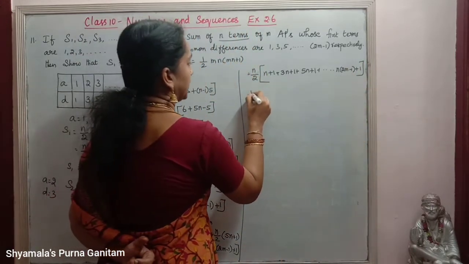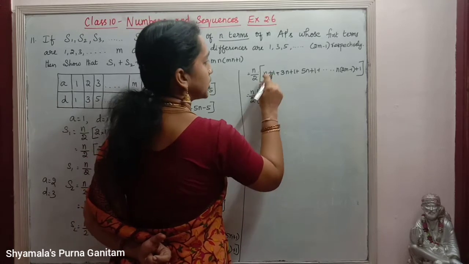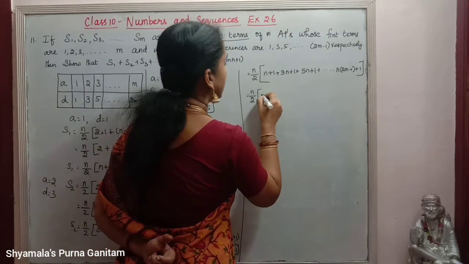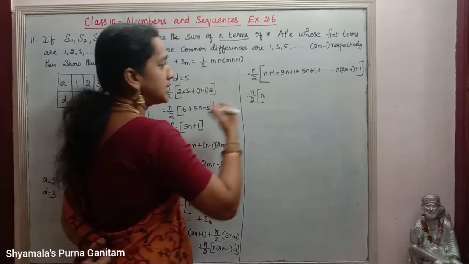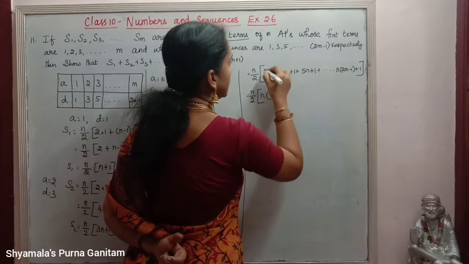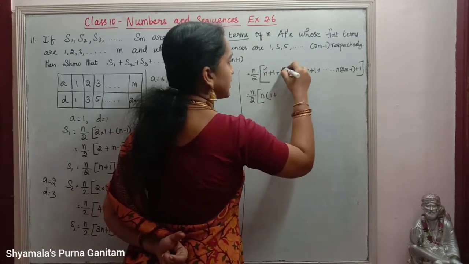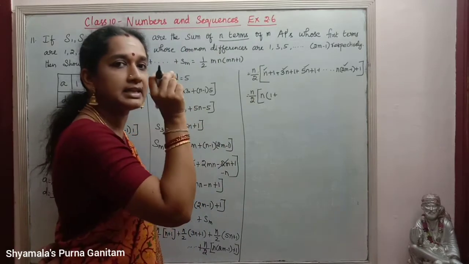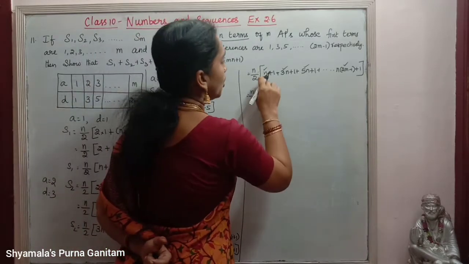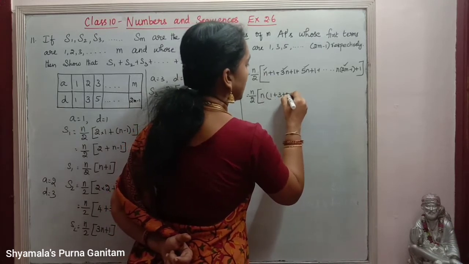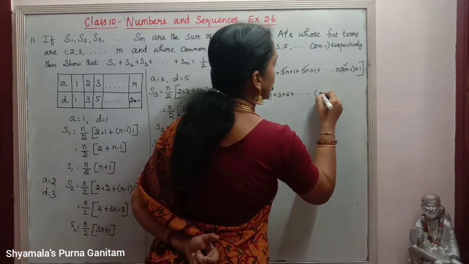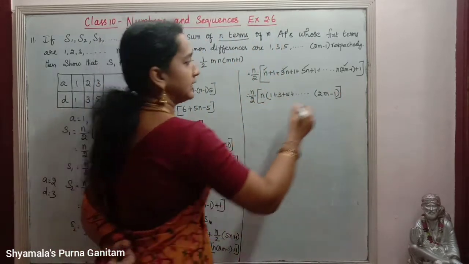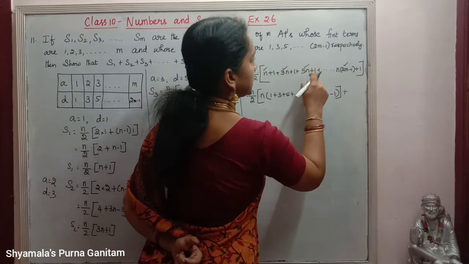Okay, so this is equal to n by 2 into n, 3n, 5n, like that up to 2m minus 1 we are having. In that, all the n we will take common, so the balance we will get is 1. These terms we are taking out separately. In that n is common, so n into 1 plus 3 plus 5 up to 2m minus 1 we are having. That we will take separately. Plus 1 plus 1 plus 1 plus 1.